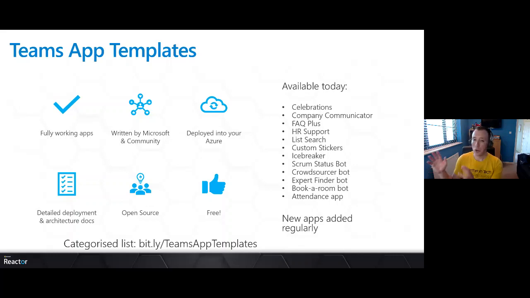You might just be able to go take that code, deploy it in your Azure tenant, follow the deployment and setup instructions. Boom, you've got an application running that solved the problem you were looking to solve. If you want to make some changes to it, maybe you want to brand it up a bit or just change the flow slightly, you can do that too, because it's all open source and it's all the code in GitHub. So you can take it, download it, change it around a bit, off you go again. So that's one way of doing it.